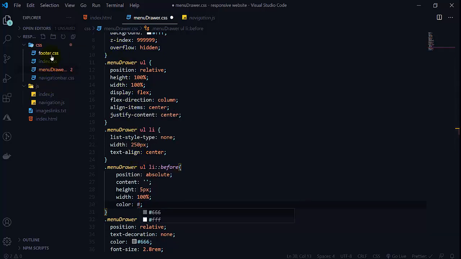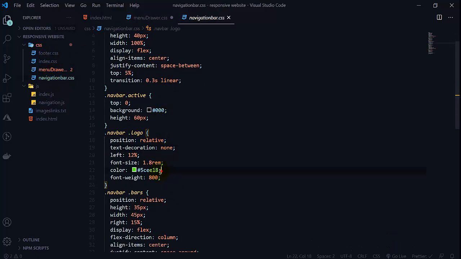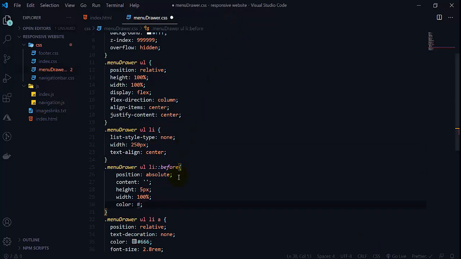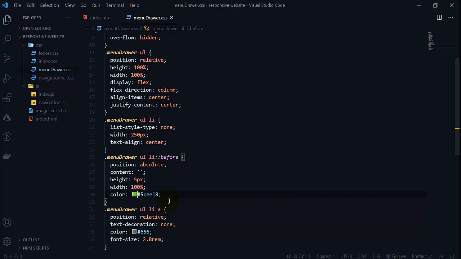So let me take it from the navbar.css. This color we want, copy it and paste it here. So let's see. We are not getting any line here.